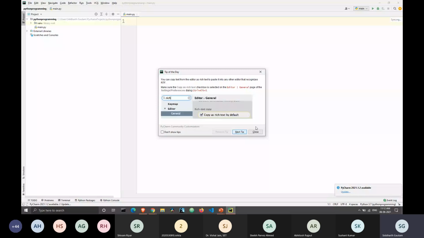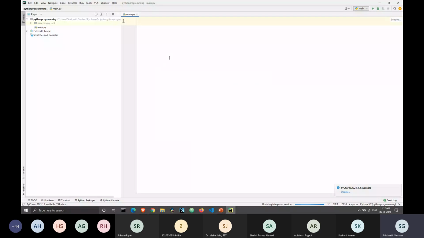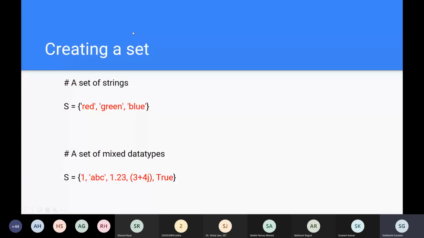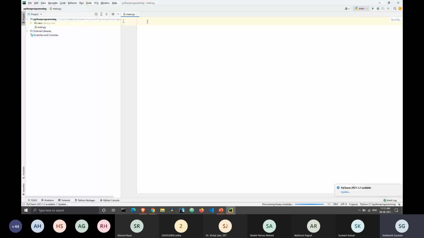All right. So I have my variable s is equal to, then I will enter curly brackets. And inside the curly brackets, I can type anything. Let's just take the example which is given in the presentation, which is red, green, and blue. Okay. So let's see if this is a set or not. I will print the type of this variable. And when I print this, I should get a class set. And that's absolutely right. I get the class as a set.